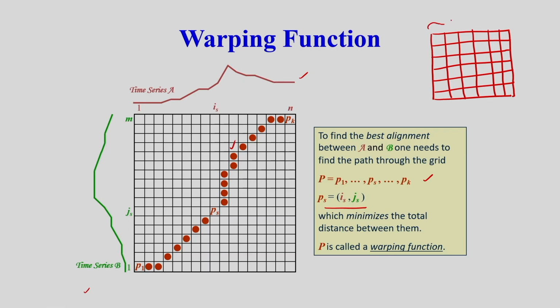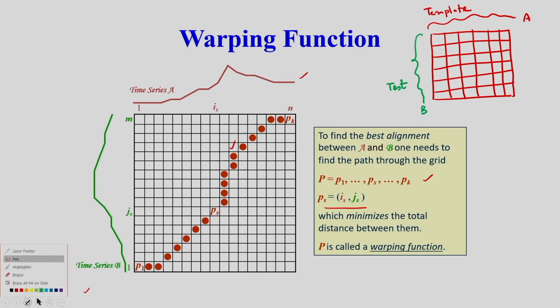Suppose I am considering one trajectory something like this, that is the gesture trajectory A, and that is nothing but the template. So, I am considering this is the template gesture trajectory, and after this I am considering another trajectory, that is the test trajectory, something like this. So, trajectory B is the test trajectory, and by this DTW algorithm I can find the alignment between A and B.